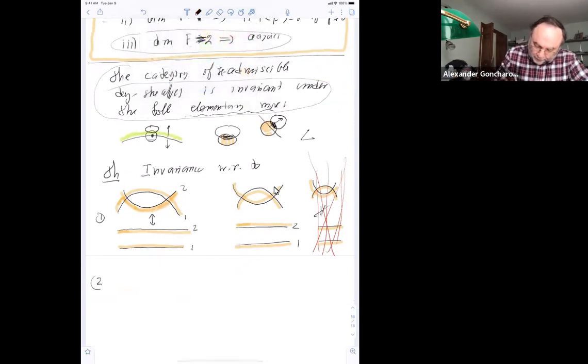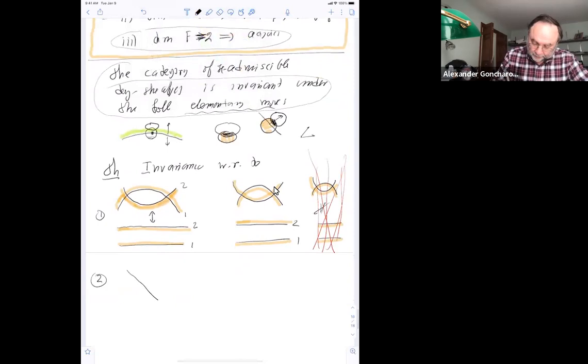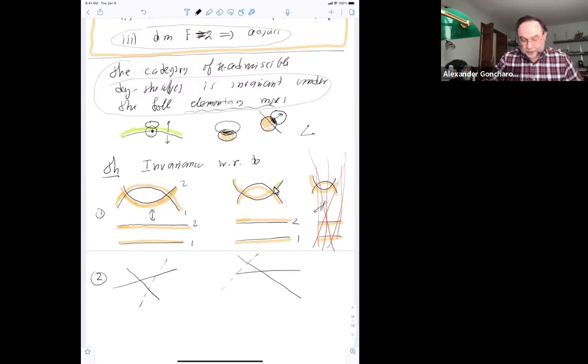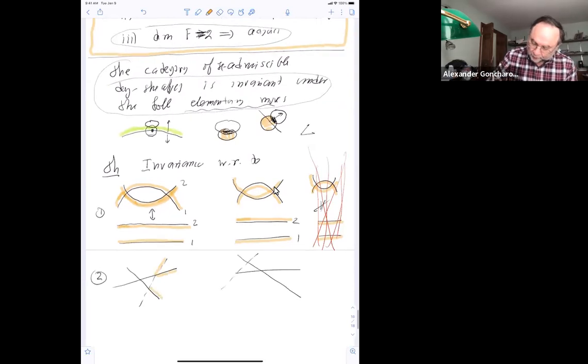And then there is a type 2 elementary move. If you have a triangle, if you have two lines, and the third one is trying to move through, then you can do this. The statement is that you can move it this way. And you can do this for whatever orientation you can imagine here. So I'll draw you some of them. For example, you can orient this way, and this way. And when you move, of course, these orientations stay the same. So it's a picture like that. And there are some other ways to draw orientation. So all of them are okay.